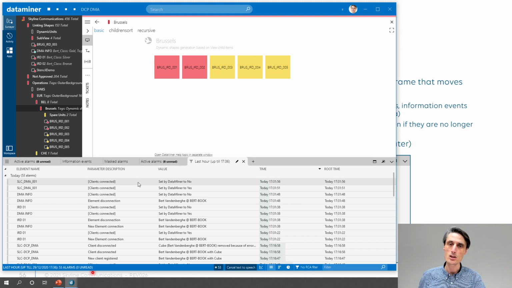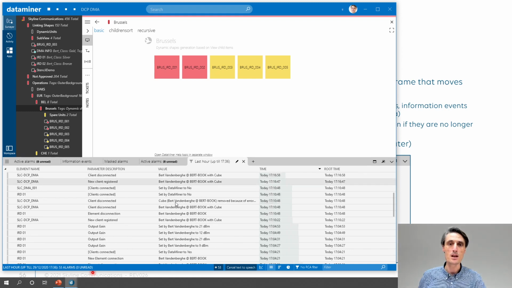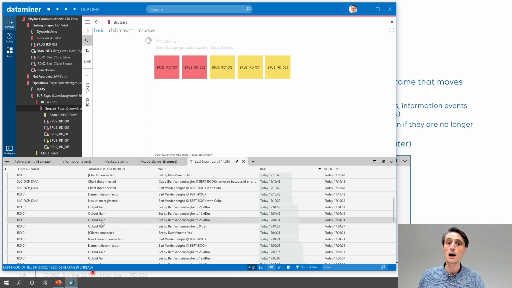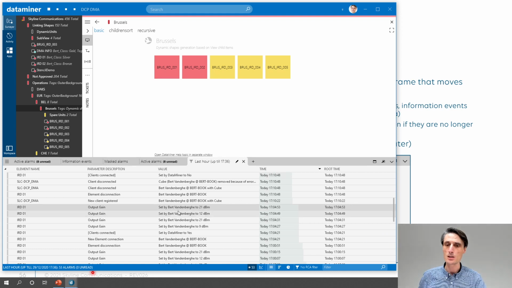And now it will fetch all the audit trailing and all the things that were happening, like people connecting to the DataMiner system, changing a certain setting. For instance, here on the IRD, I was playing around with the output gain on IRD01, so I changed it a couple of times. So all of these things are in the history database,